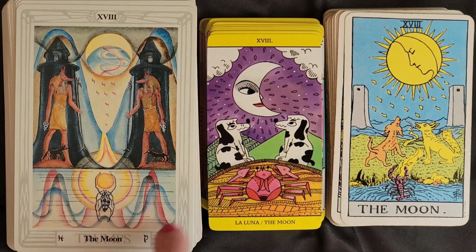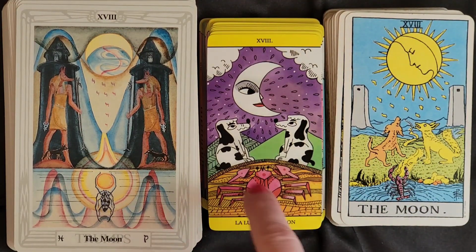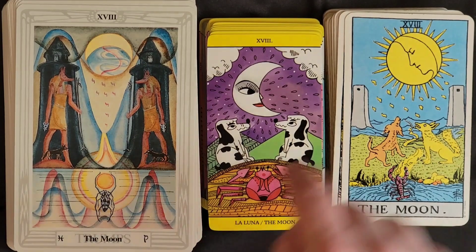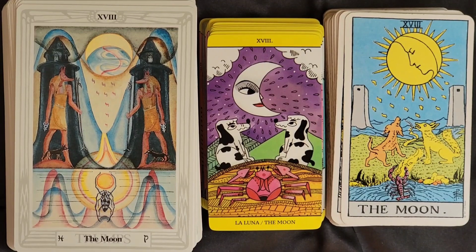This looks like sound waves to me, which is kind of mimicked in the rippling waves of the ocean here. But there's waves in this sand here. The water's represented more in the sky. The moon is represented, but not the sun. But I would say more Rider Waite than